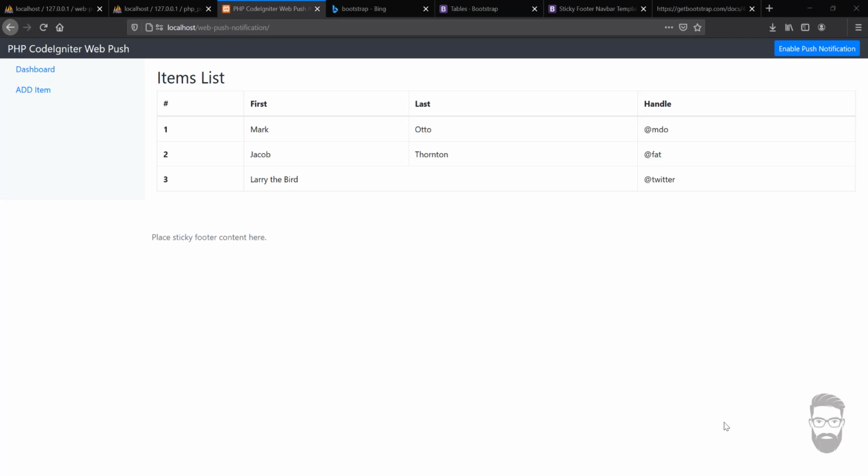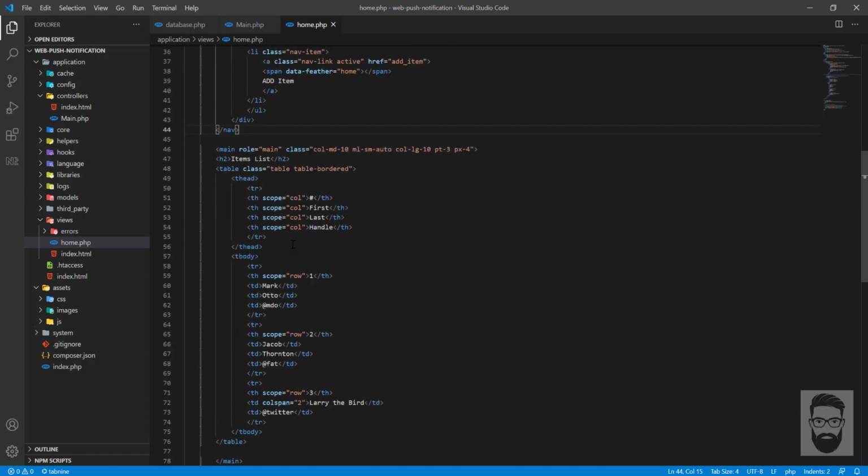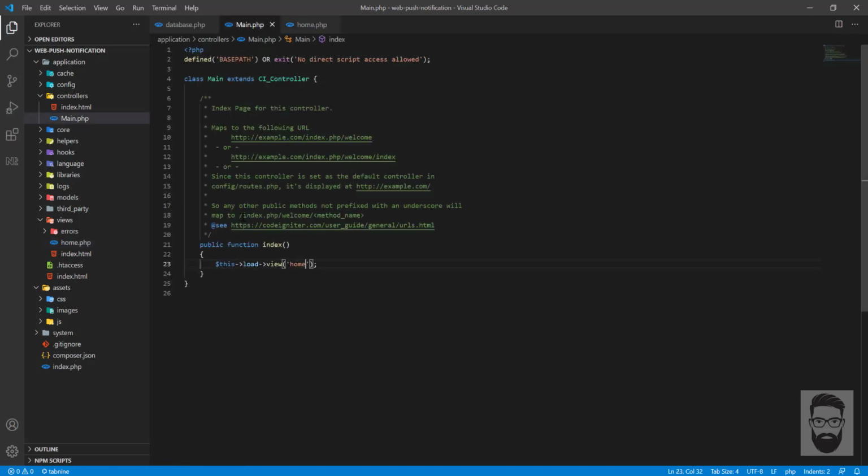So we finished setting up the bootstrap and making the coordinator look good. So the next step is we have to create the web push notification system. So in main controller, first of all, we